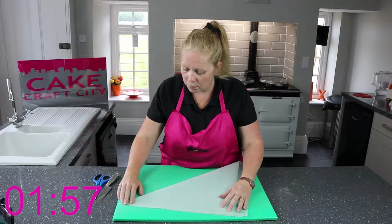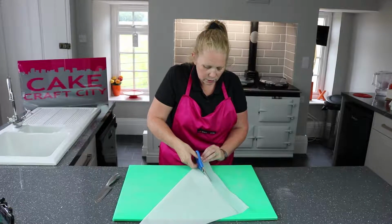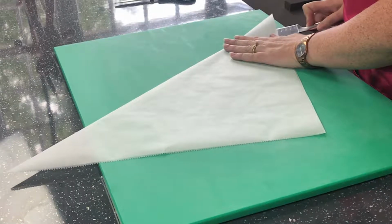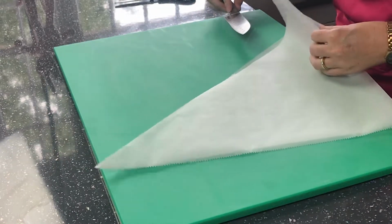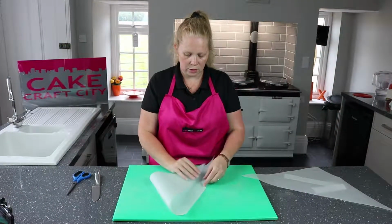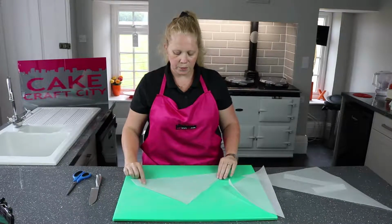So pop it across so that we've got a square, and just chop this end off. There we go, don't need that bit, and get a knife. Oops. And cut all the way across. Okay. Obviously you can do them any size. You can have large ones if you want to do a lot of icing, or smaller ones. But once you've actually got